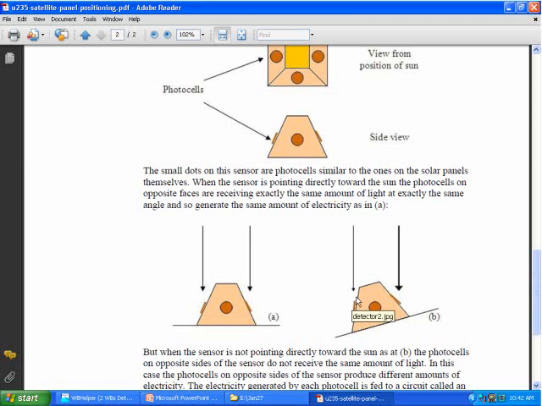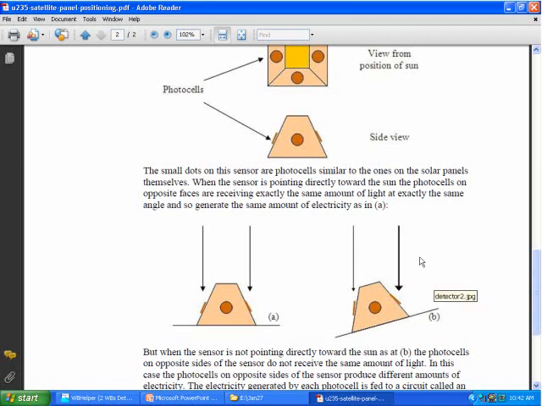This will be almost in shade, and this is almost face on, so it's going to generate a lot. And that's the difference. The difference here is what the servo mechanism of an embedded computer program will attempt to do. It will say, okay, there's a difference in response to this one being bigger than this one. Let's send a signal that affects these momentum wheels in such a way that this thing is turned in this